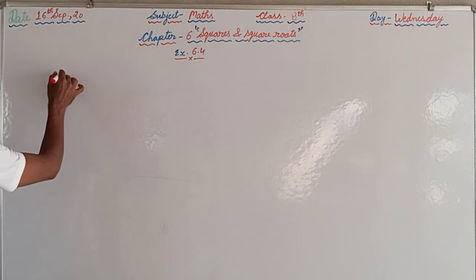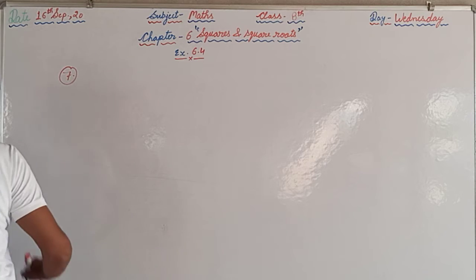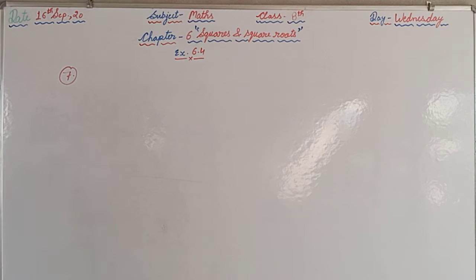As I told you previously that you should have your textbooks with you while watching the video, so that you can also read the question and you can understand the information given in the question. So in this question it is given that one triangle is there, right angle triangle ABC, right angled at B, such that AB is 6 centimeter and BC is 8 centimeter. We have to find AC.